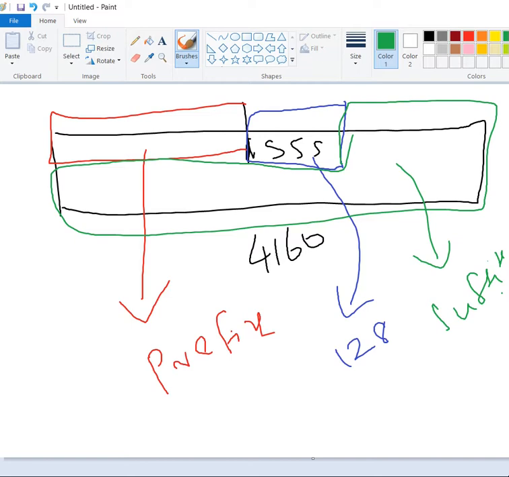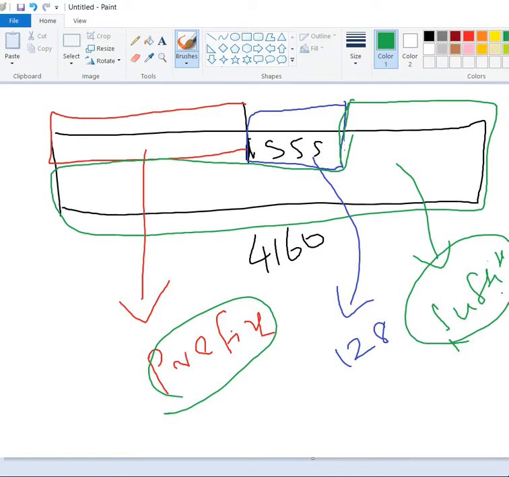So I will take two files, one called prefix and another called suffix. The prefix is up to 4160, and the suffix is starting from 4160 plus 128, that means 4288.